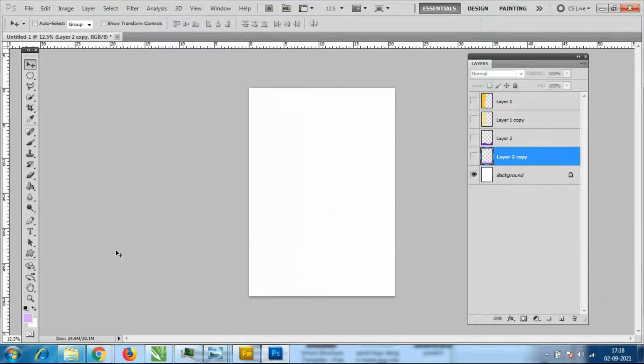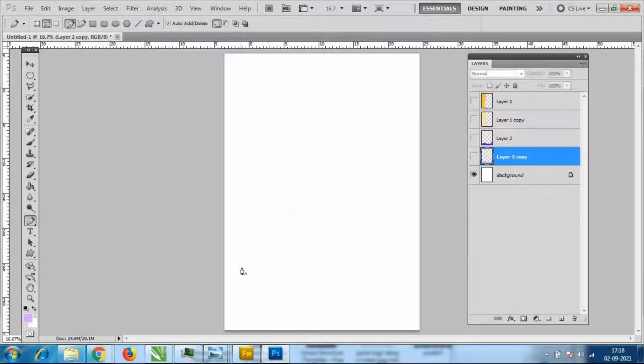Next, again, I will go to this tool. I will add the shape again. Now, if I select this one, I will add this one point like this. Now I will add these connectors. We can do the changes with connectors. We call these anchor points. So these are the things we call anchor points.